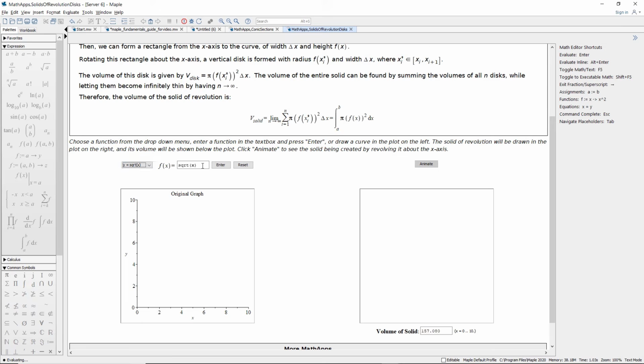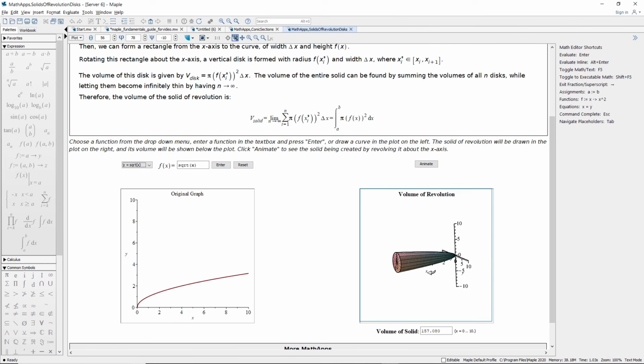And if we click on one here, we can see right here what this looks like. And we can even animate to see how this was created, what the volume by disks method would actually look like. Note that you can view a lot of these math apps online too in Maple Cloud. It's maple.cloud. And you can view them using only a web browser,